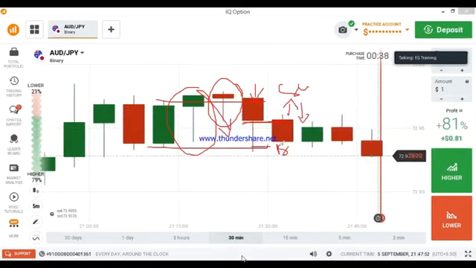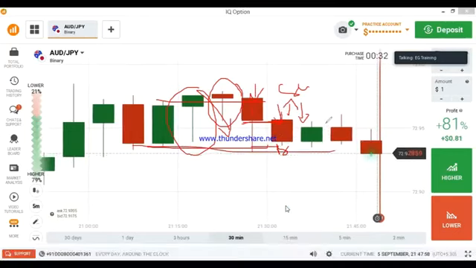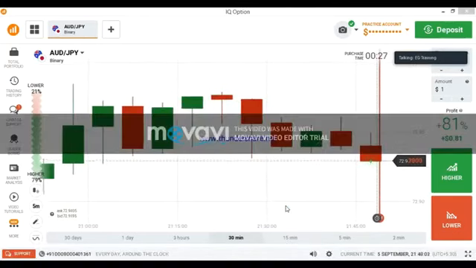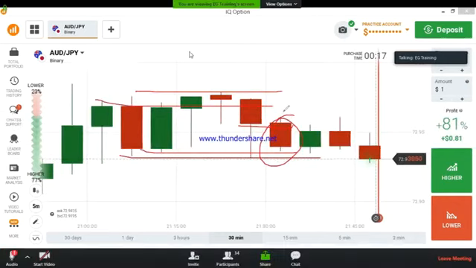But still there is a gap. This is a seller's entry, so there is a chance to fill up this gap. This is a buyer's entry, we can go with buyers confidently. So if there is an indecisive market, we can't go with buyers and we can't go with sellers in this type of situation. So if you see the candlestick chart, then you will come to know where is the buyer's area and where is the seller's area.